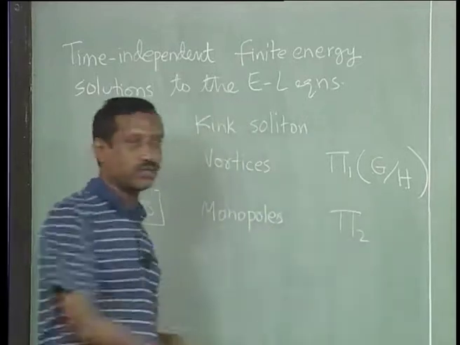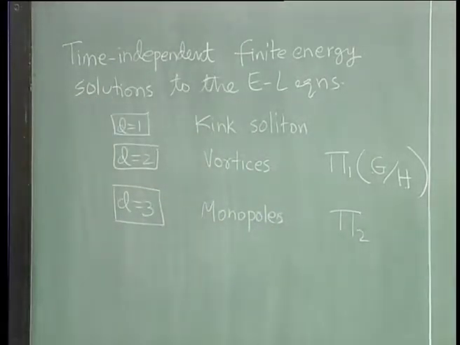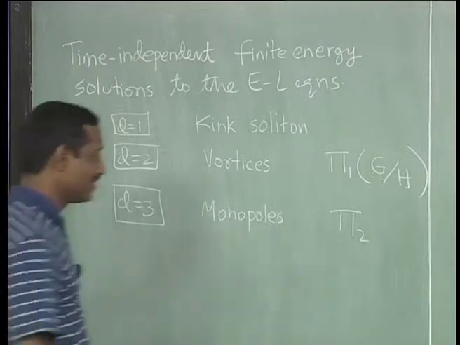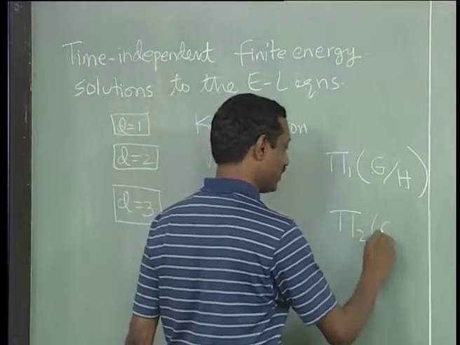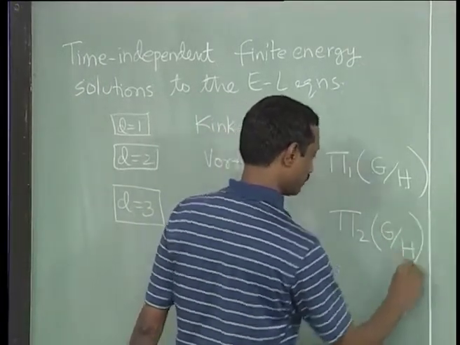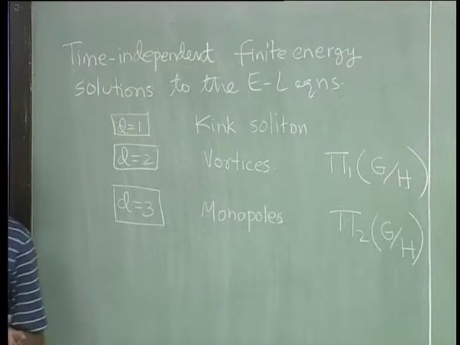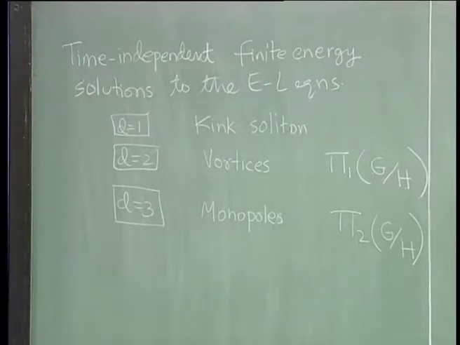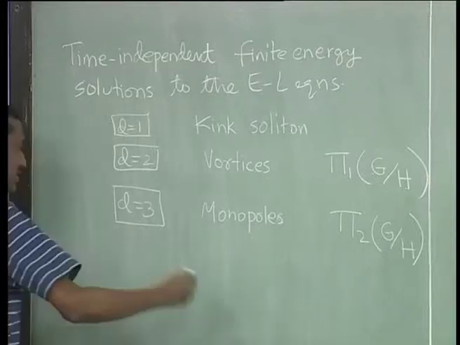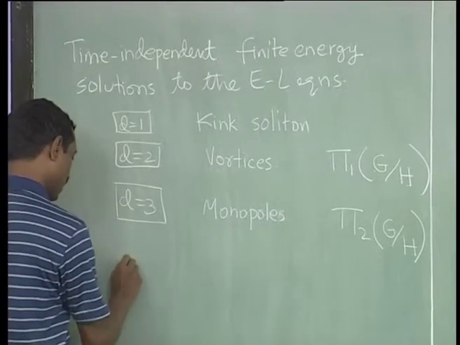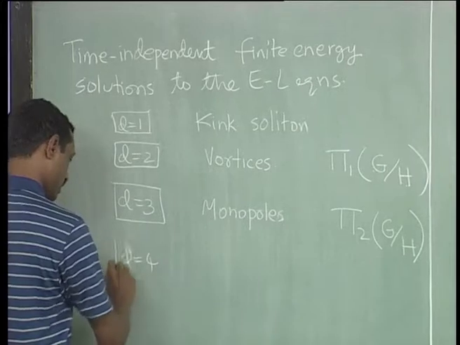So, you would be looking at maps from the S2, which is at infinity, to again some symmetry G broken down to H, everything locally gauged, etc., those details, but I am just writing the kind of things you would look at, and it is obvious that this list should continue. One may say, look, we live in 3+1 dimensions, there is no need for us to go beyond that, but just for the heck of it, let us look at what you would get at d